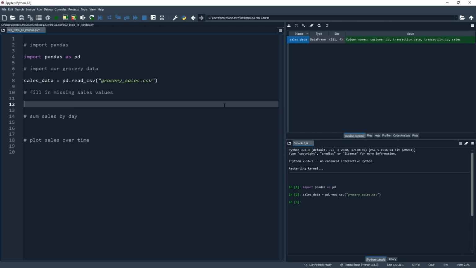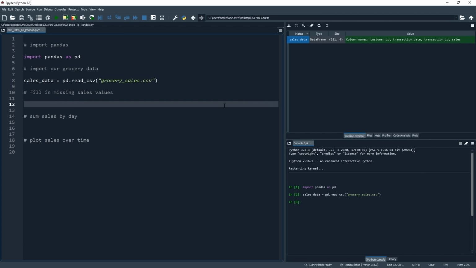So back to the code and let's sort this out. Pandas has an almost unlimited supply of useful data manipulation functionality, and one of those is called fillna, which will do exactly that. It will fill in any missing values from either the whole data frame or a specified column. We are going to do something fairly simple here, and in the real world you'd probably put a little bit more thought into this, but all we want to do is replace any missing values in our sales column with the overall mean sales value. So if the average transaction value is $50, for example, then we'll replace those missing values with 50.